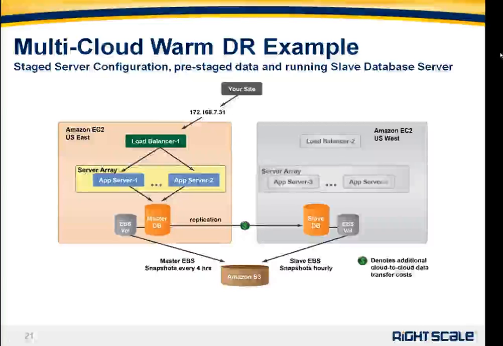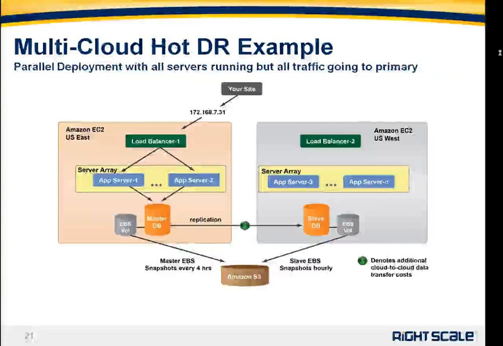Now, the concept here is that if you were to lose the entire US East, your slave database is probably at least up to date or fairly close. If you need to recover any bin logs, perhaps, you can pull those over, get them onto the slave database, promote it to master, and then do the same thing you were going to do before, which is launch the additional servers within that region. And if you're not using read replicas or read-write splitting, you can even launch the slave concurrently with those application servers to minimize your downtime even further.